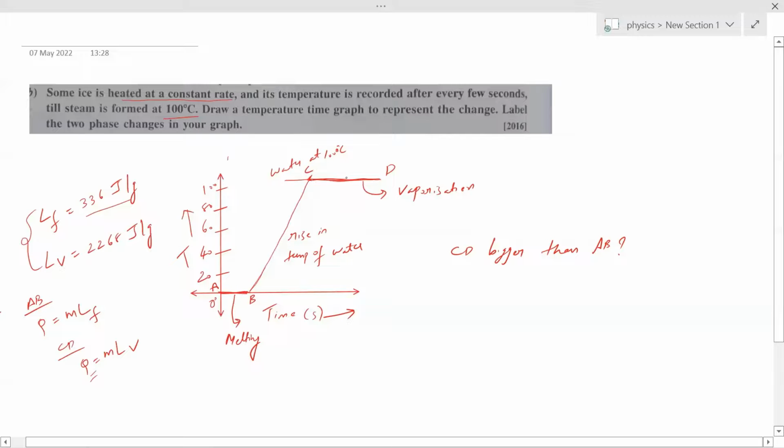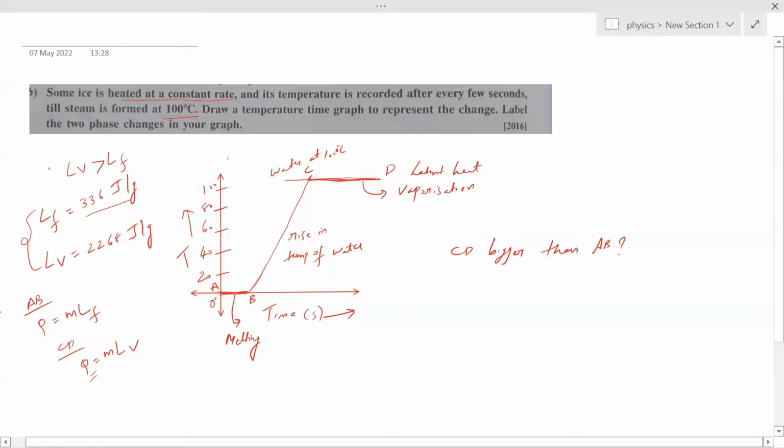This horizontal line represents latent heat of vaporization. I am talking about both horizontal lines. The latent heat of vaporization is more than latent heat of fusion. Perfect. So if mass will remain same only,